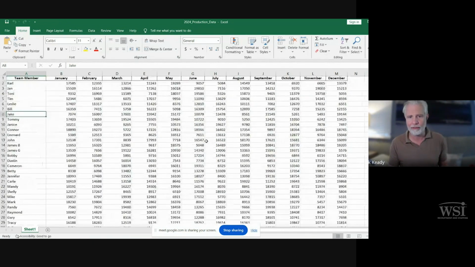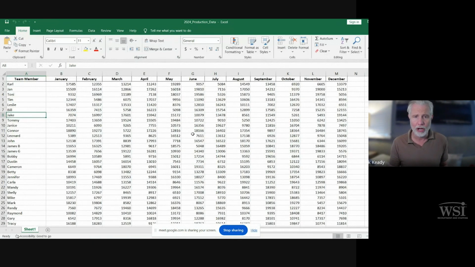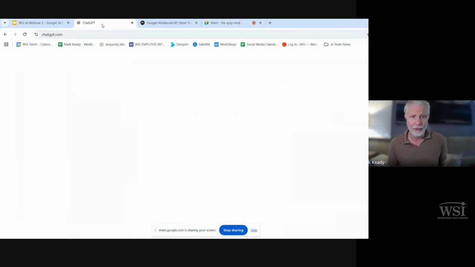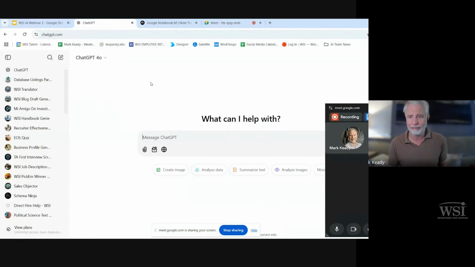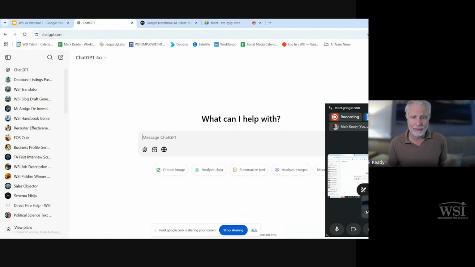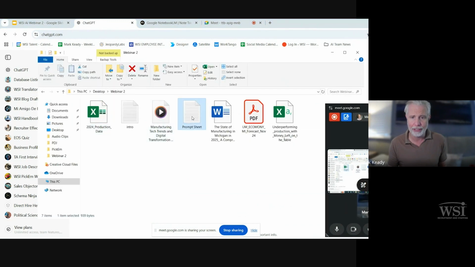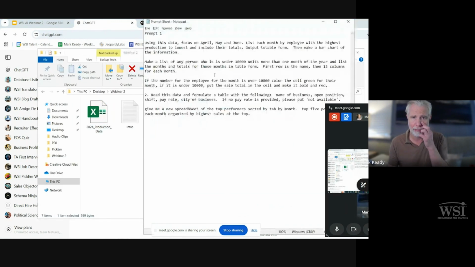And really, there's not a lot of story to tell here. It's just numbers on a sheet. So what we're going to do is give this sheet to ChatGPT today, and we're going to ask it to basically help us tell a story. Now, I have some saved prompts already put together here just in order to speed things along today.